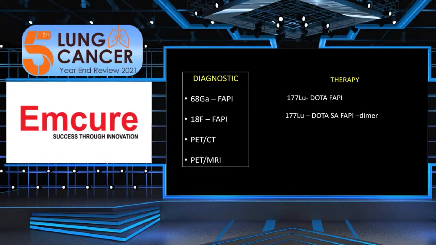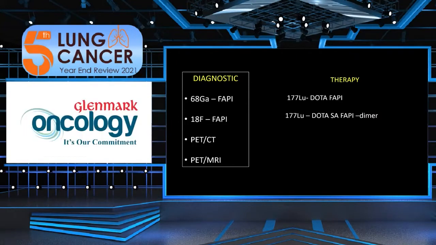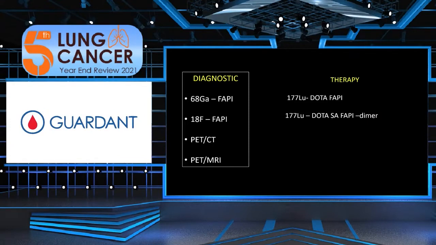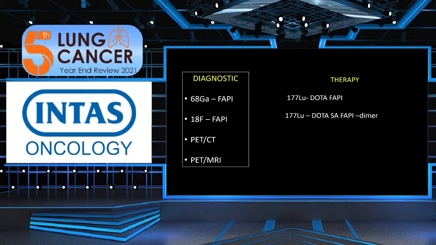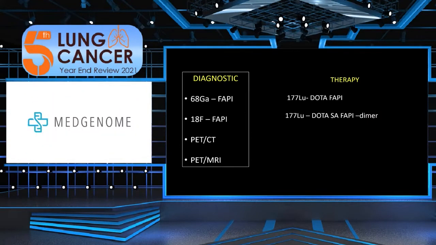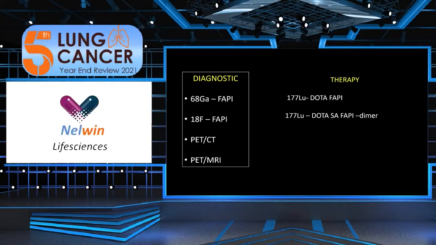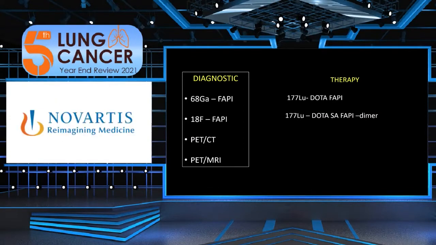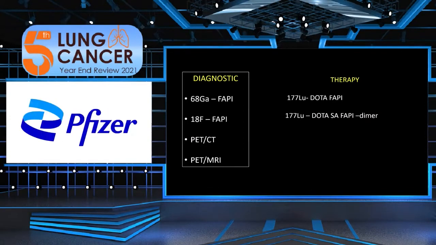So the therapeutic counterpart is lutetium DOTA-FAPI, and this lutetium DOTA-FAPI will go exactly to the same place where the gallium FAPI went. Because it is carrying an isotope which has beta rays or alpha rays, it can give a significant amount of radiation to those regions. What you can call focal, regional or cellular level radiation will be a very good therapeutic modality.